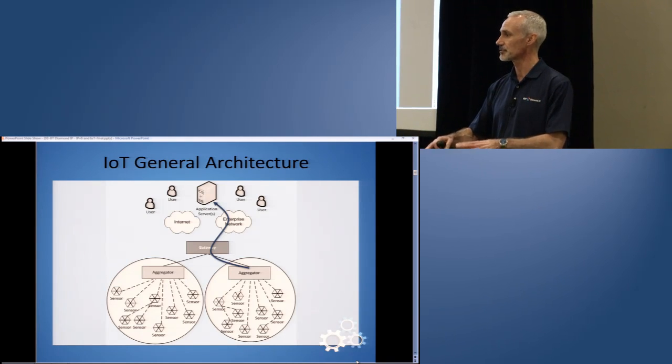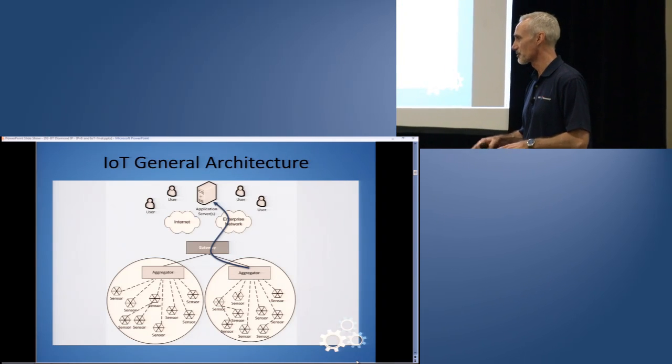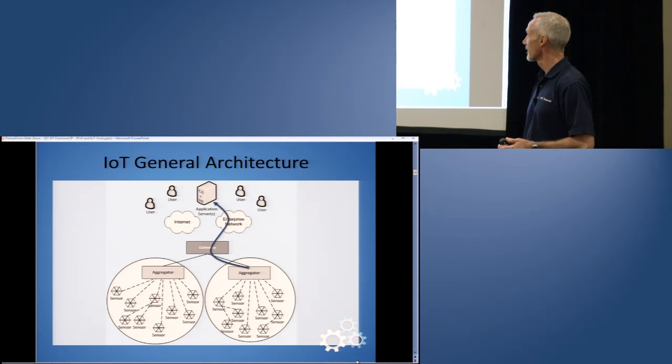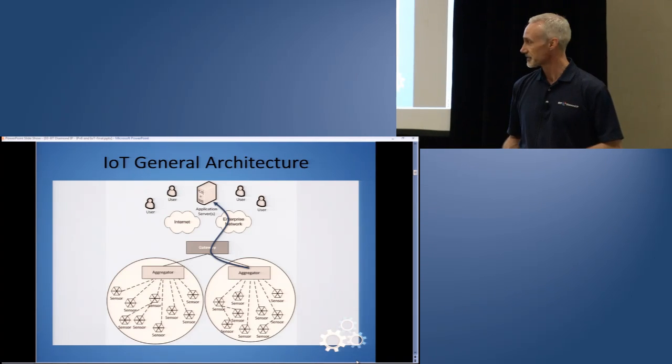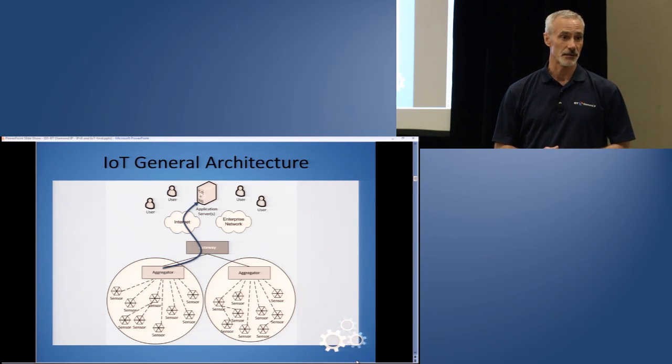Maybe it's within a closed environment. Maybe it's your manufacturing facility where you're measuring the weight or the temperature or the pressure of certain things along your manufacturing line. And perhaps that all resides internally, and that may have an influence on what address strategy you go with. On the other hand, if you've got things kind of out in the wild, from a municipal application perspective,